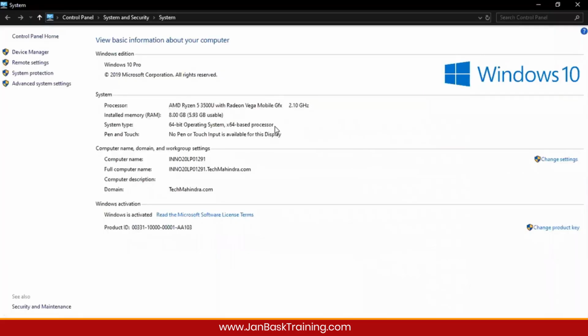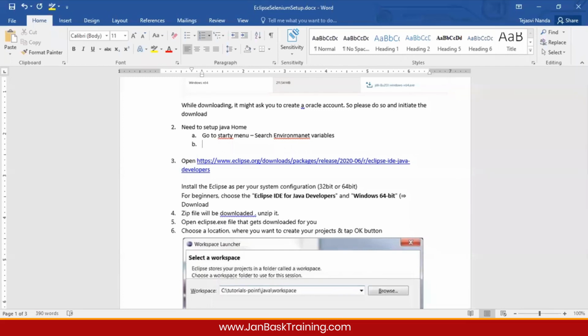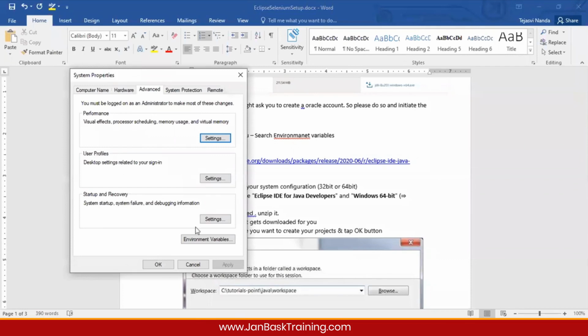Set up start environment variables. Then once you have done that, it will open this screen for you. Then click on environment variables.